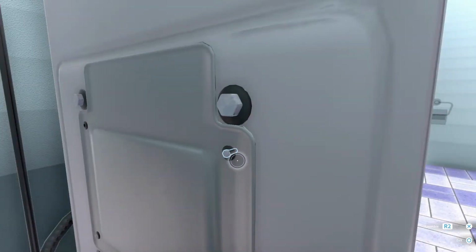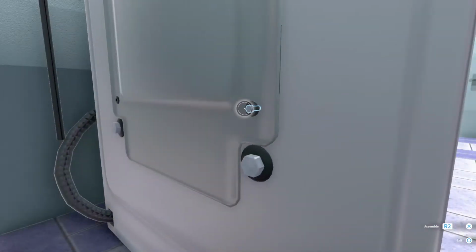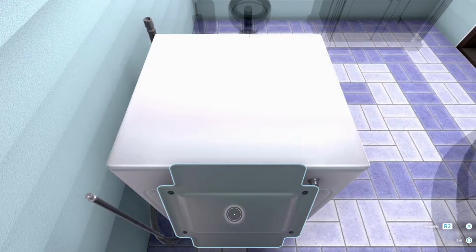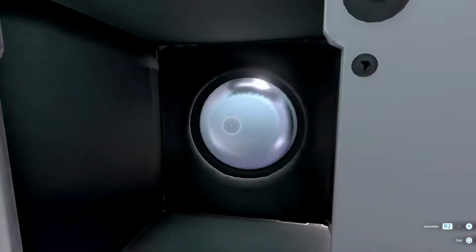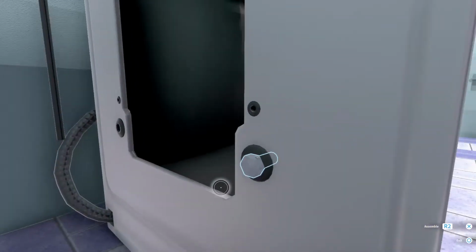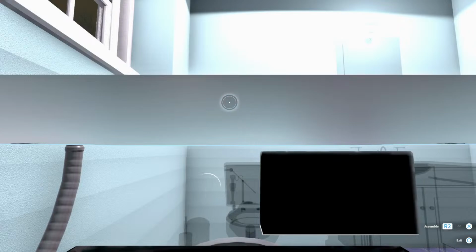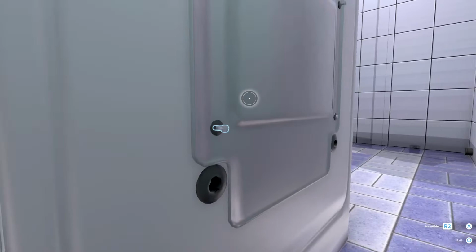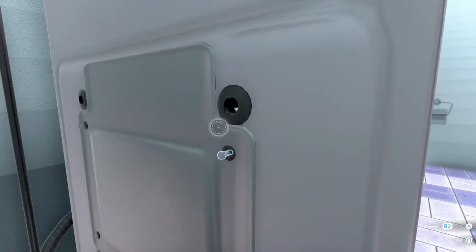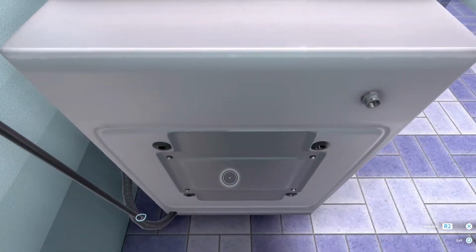See, I never understood why it makes you do this in the game. It's really weird. Because you remove this back panel, right? And then you remove these screws. And it's asking you to put the back panel back on, and then you just put these screws back in. Like, you couldn't get the screws out without taking the back panel off. I've never assembled a washer in my life, but